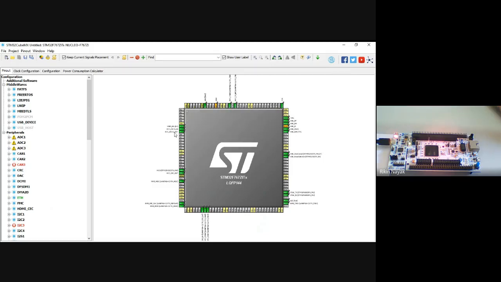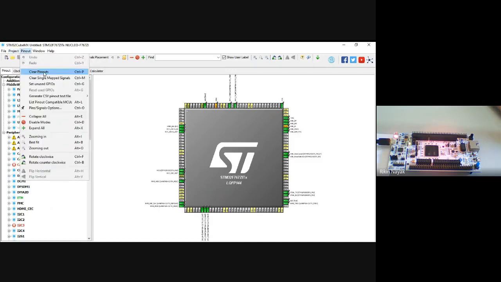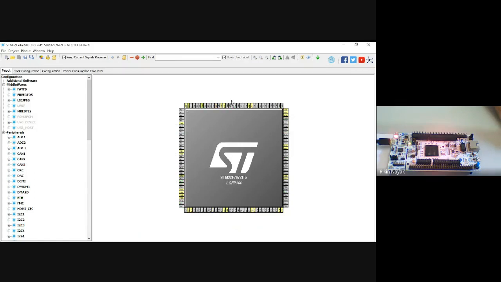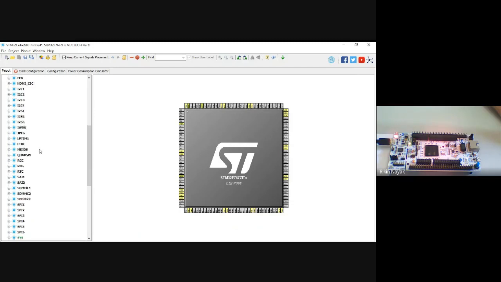Now here you can see some pins are already configured, so you can select this option, clear pinout, so it will clear all these configured pins, right? Now as a first step, you have to give the clock frequency.